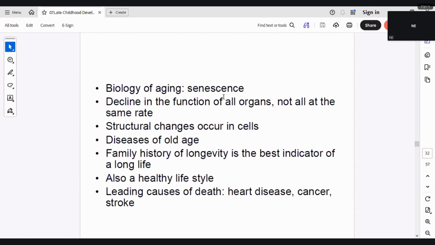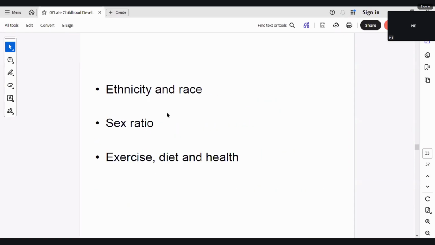So there's biology of aging, senescence, decline in function of organs, obviously not at the same rate, structural changes in cells, diseases of old age. Family history of longevity is the best indicator of long life. In some families, people live long and healthy lives, but a healthy lifestyle is also really essential, and the leading causes of death being heart disease, cancer, and stroke are becoming easily avoided given advancements in healthcare. Also, ethnicity and race, which can affect long life,